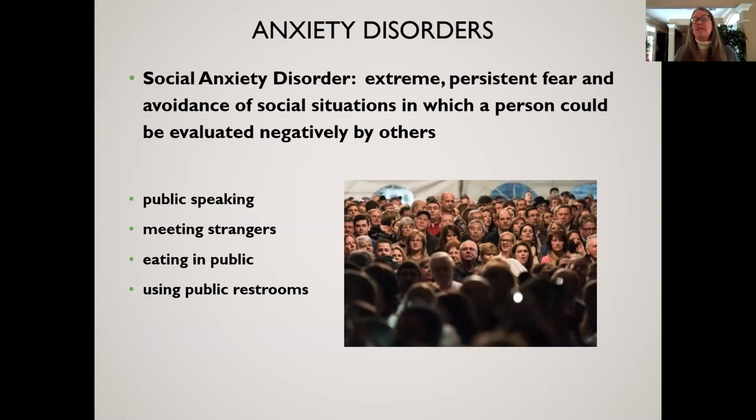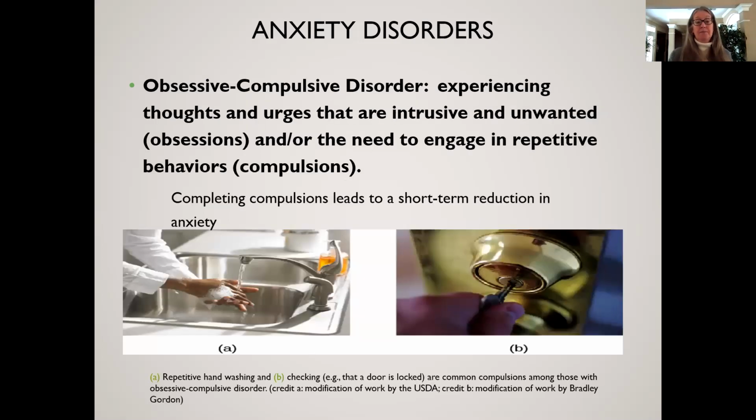Well, then that's now going to be a social anxiety disorder. And I would have to have gotten help for it in order to get my career. And I would have met the criteria for the diagnosis. Does that make sense? So some people have social anxiety disorder about meeting strangers or eating in public or using a public restroom. So there's all different kinds of versions of social anxiety disorder. Okay, so social anxiety disorder: 12% of all people in the US will be diagnosed with social anxiety disorder at some point in their life, most often from public speaking.